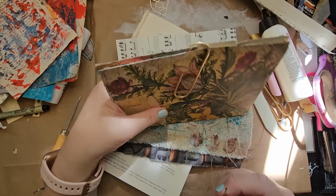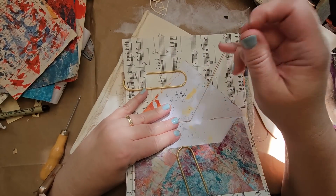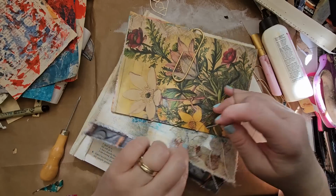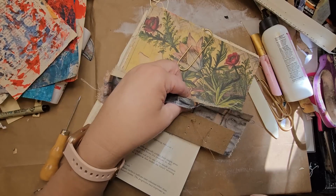You'll know if you went through the thread if you can't tighten your string at the end, and that's why you don't want to go through your thread. And like I said, using a dull needle does help a lot. It's just also mine needs kind of bigger holes for the needle because